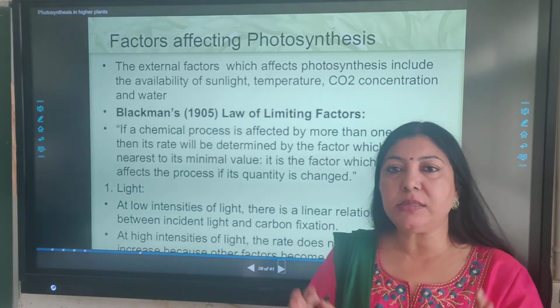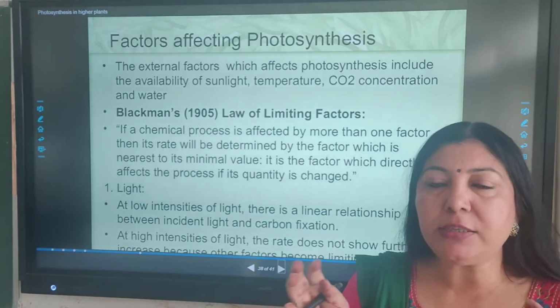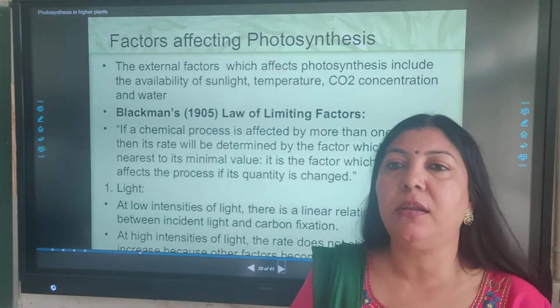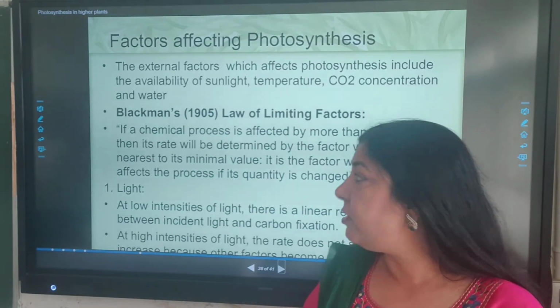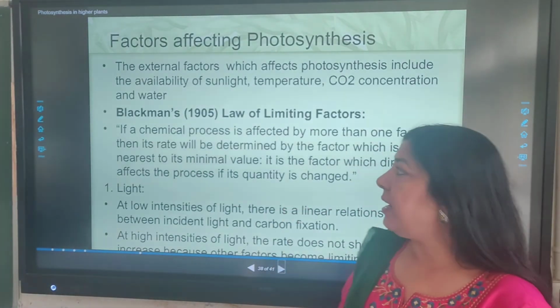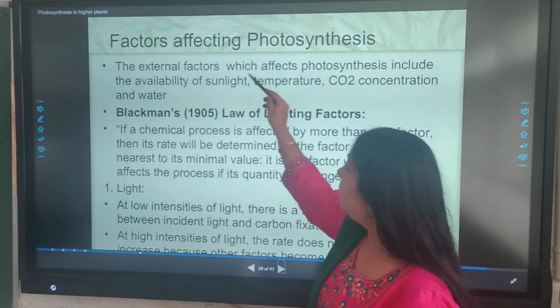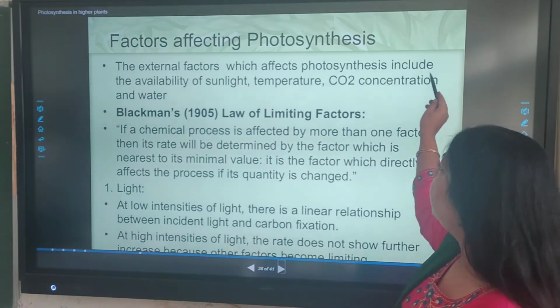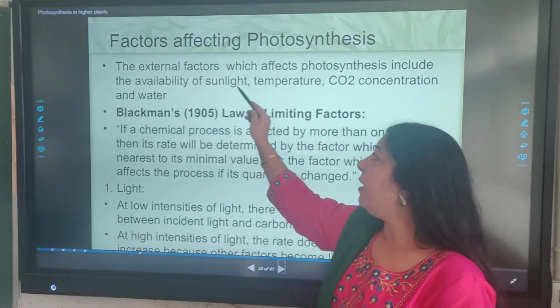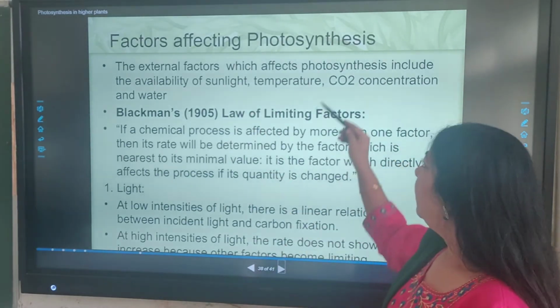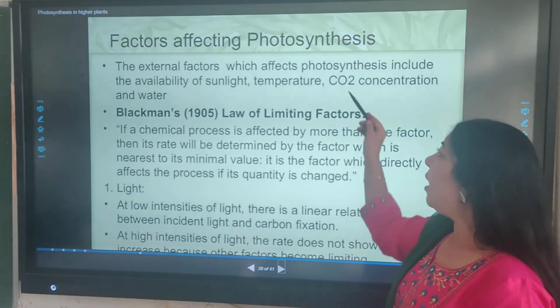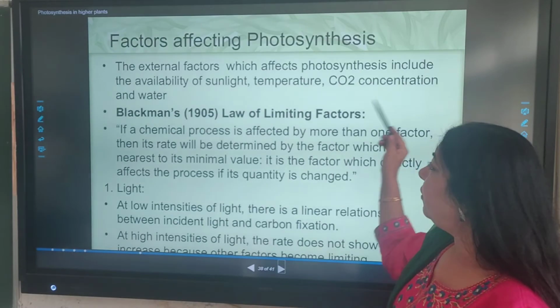Photosynthesis is influenced by many external as well as internal factors. The external factors which affect photosynthesis include the availability of sunlight, the temperature, carbon dioxide concentration